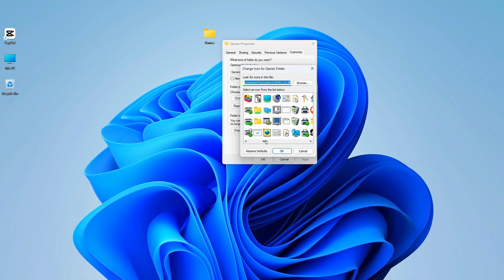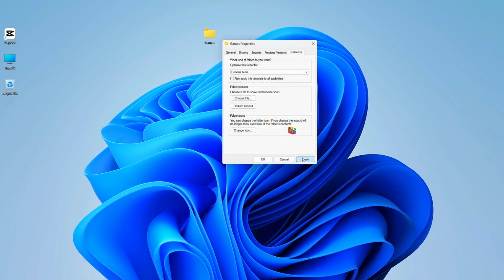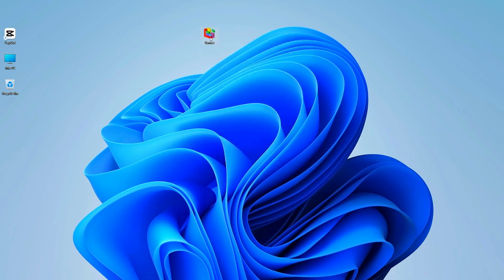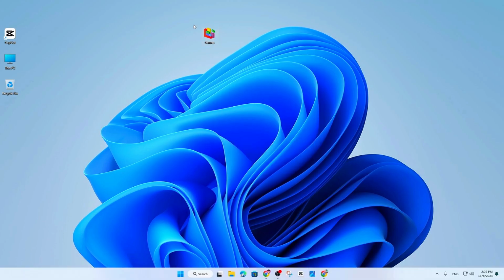Like, I'm going to select this icon over here, click OK, click apply, and OK. You can see my games folder icon has changed. If you want to use some different customized icons, you just simply come over into your